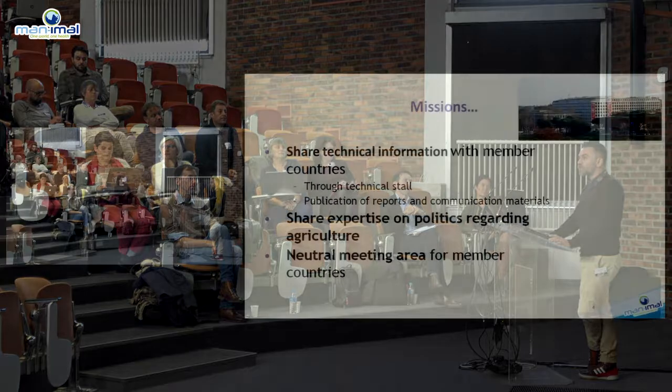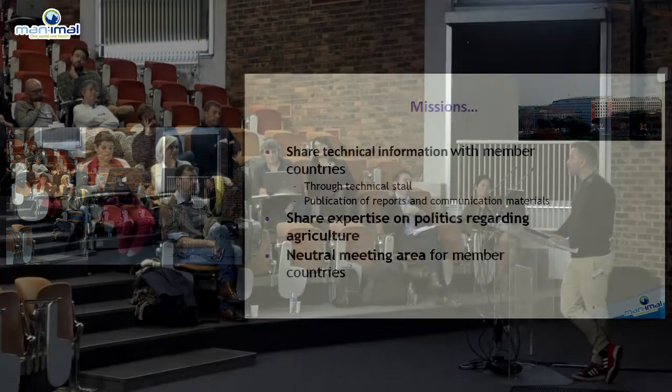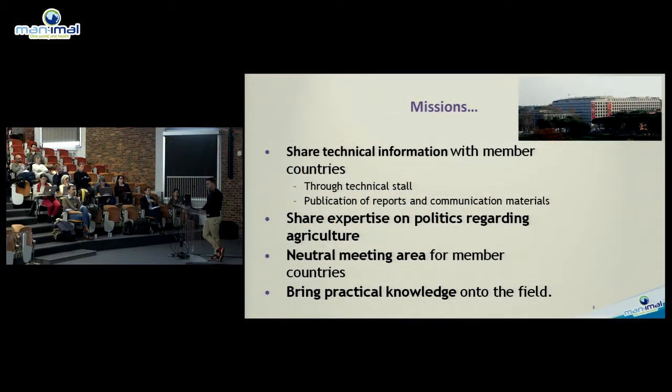It's also an interesting organization because you have countries that can have neutral meetings, and I will show you the example of Israel and Palestine at the end of this presentation, where FAO also has an impact in the peace process all over the globe. So it's also a place where you can have countries with political issues being able to discuss technical issues to control disease or to increase the production of food. And we provide technical knowledge on the field.